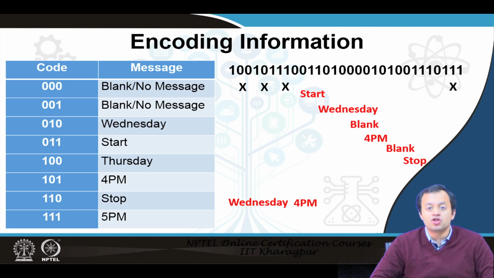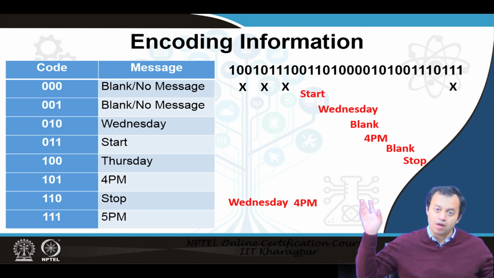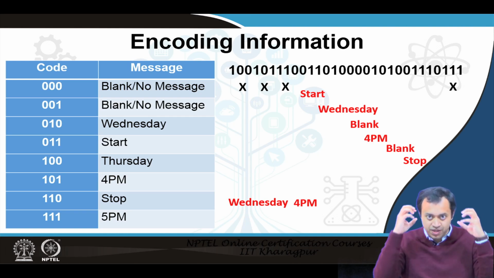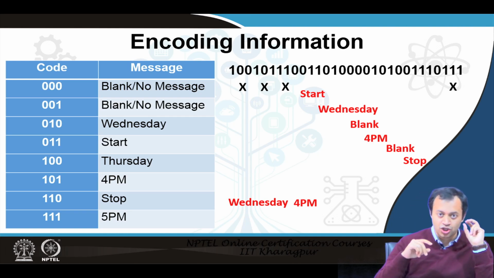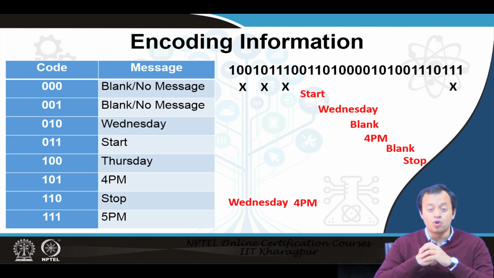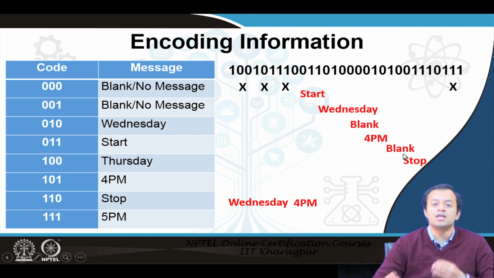A gene is a functional unit of heredity. It is a part of DNA which can get synthesized. Now, other parts of DNA can also get synthesized over a longer period of time somewhere else, but for a given period, for a specific stretch of DNA, it has to start with a start message and end with an end message. The start message we call the promoter, the stop part we call the terminator, and everything in between can be considered exons and introns. Exons are the messages, Wednesday 4 p.m.; introns are the blank messages that do not go.